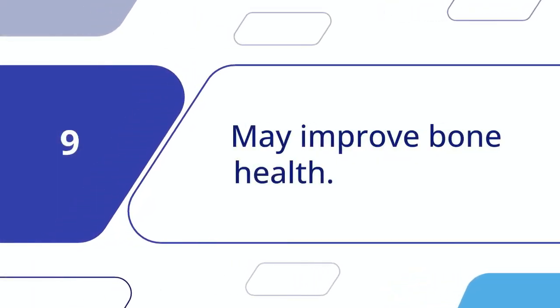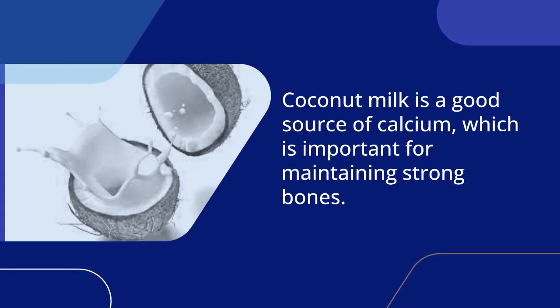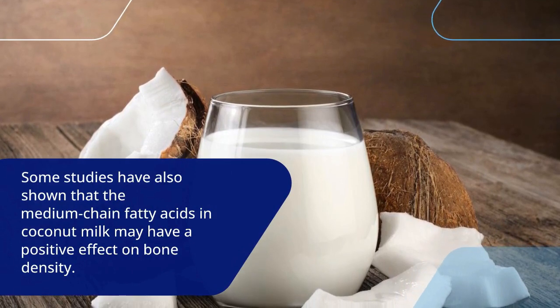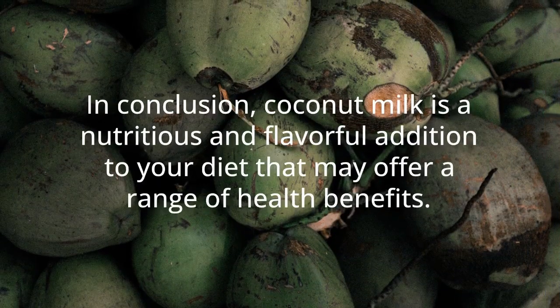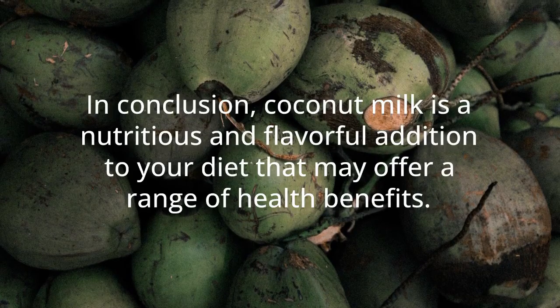9. May improve bone health. Coconut milk is a good source of calcium, which is important for maintaining strong bones. Some studies have also shown that the medium-chain fatty acids in coconut milk may have a positive effect on bone density. In conclusion, coconut milk is a nutritious and flavorful addition to your diet that may offer a range of